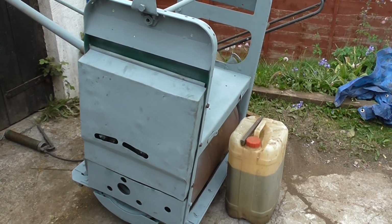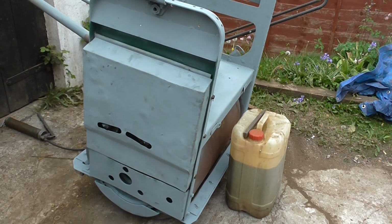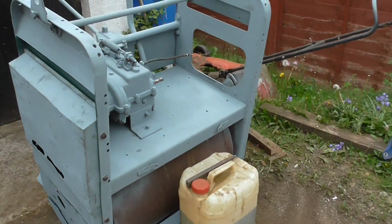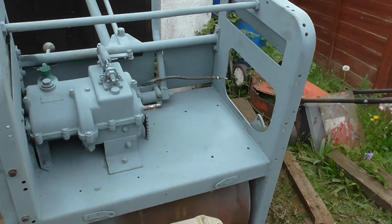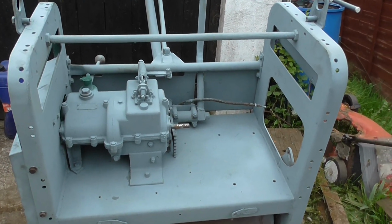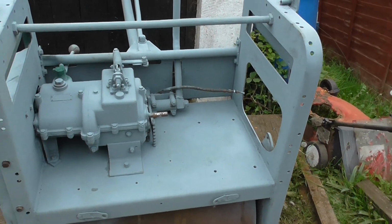and then hopefully before the end of the week I'll fit the engine, or test the engine, fit the engine, and do a functional test probably the week after. But as you can see, she's starting to take shape now. It's been fully serviced, fully greased, fully adjusted,